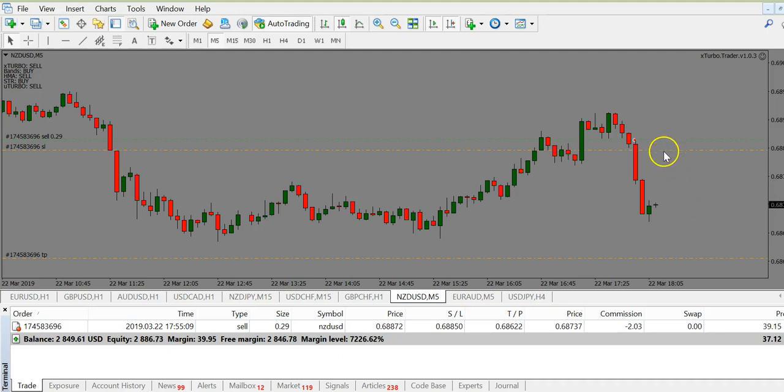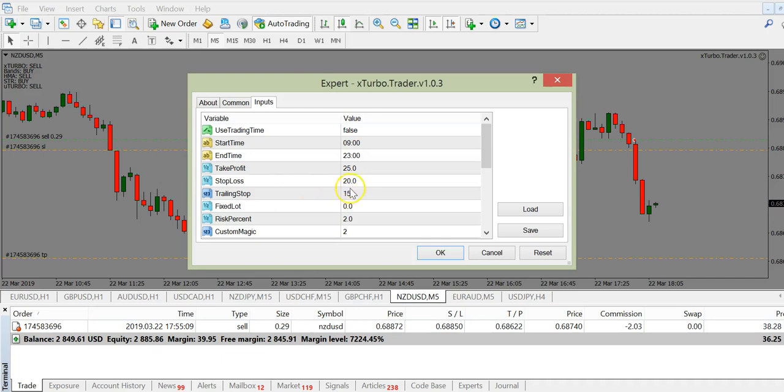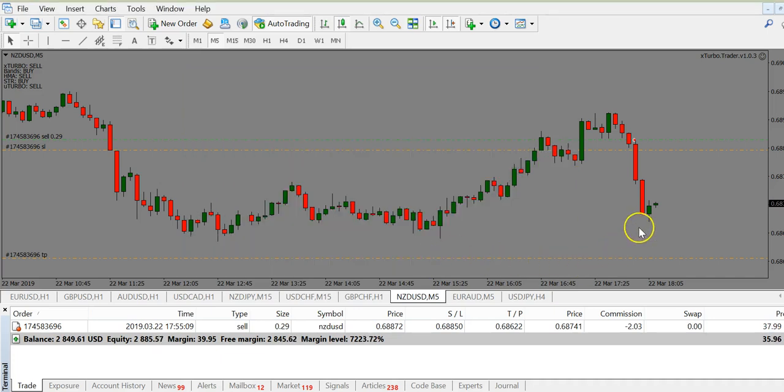So this is a sell trade, this is take profit, but at some moment which you will put in here, let's see, take profit 20, trailing stop 15. So 20 pips is here, but at 15 pips the trailing stop has been opened and it is now here. So what does it mean? It means that you cannot lose that trade anyway. If it goes back, it will close here,